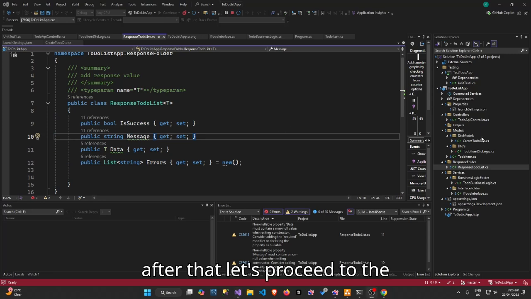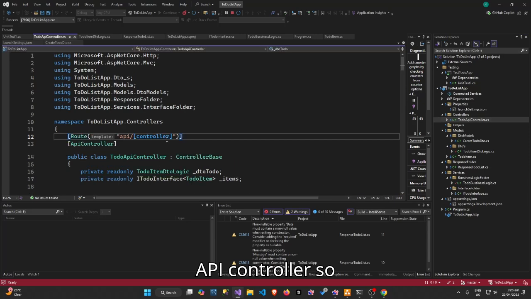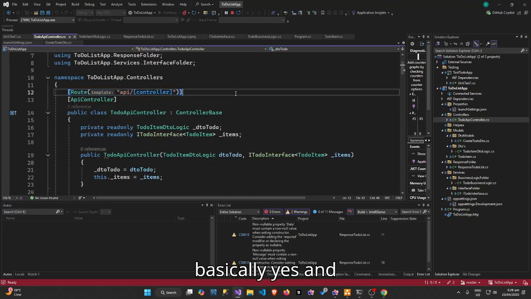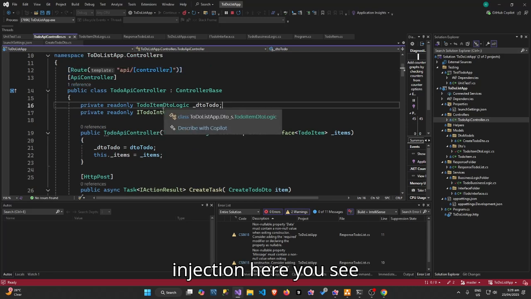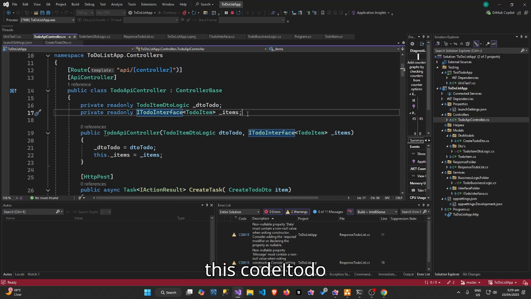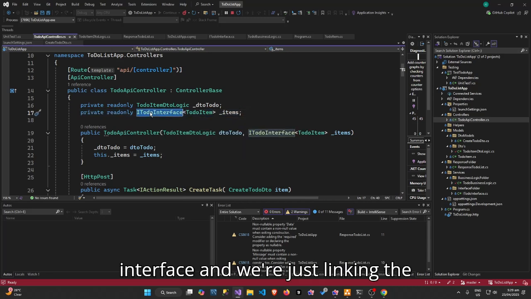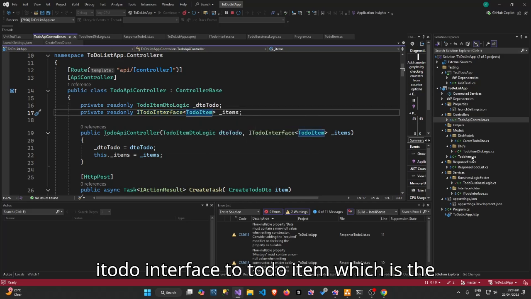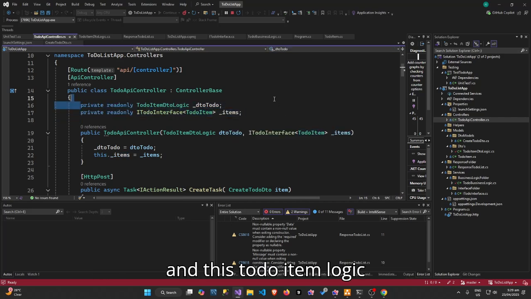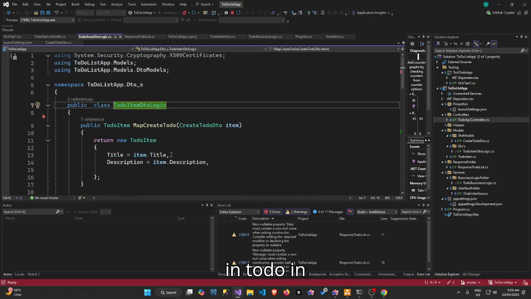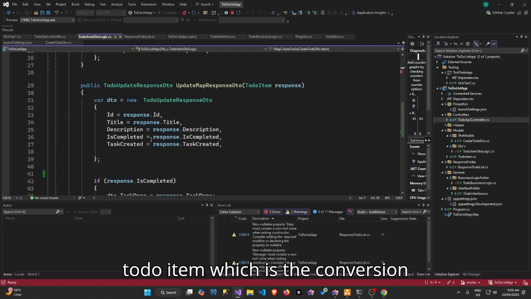So after that, let's proceed to the API controller. So basically, I use dependency injection here using this code, the IToDo interface, and we're just linking the IToDo interface to ToDoItem, which is our main model, and we're just naming it. And this ToDoItemLogic is basically the items in the to-do methods that were created in ToDoItem, which is the conversion